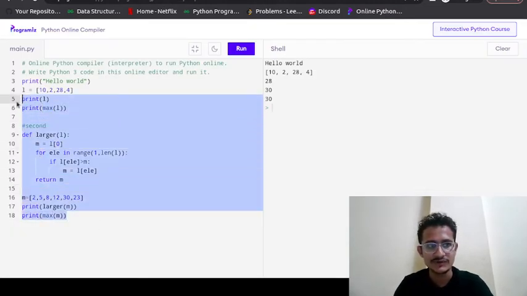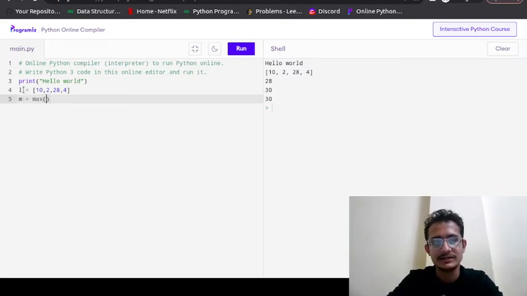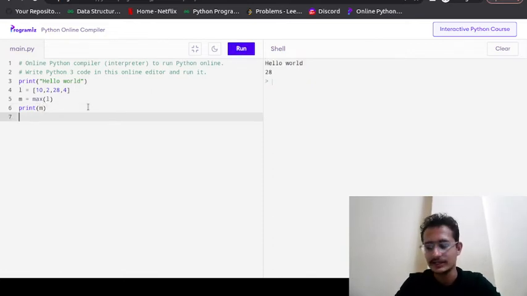Okay, so first approach first of all, what we will do, we will try to find the maximum element. And maximum element we can find out by using max keyword also, but try to follow all the steps that were written. Okay, so max of L. Let me print M and I will show you what is the maximum element. It is 28. Correct. Now we are going to write our logic.